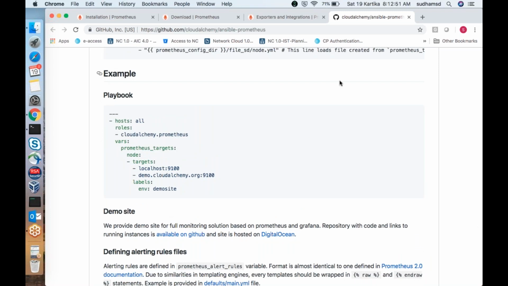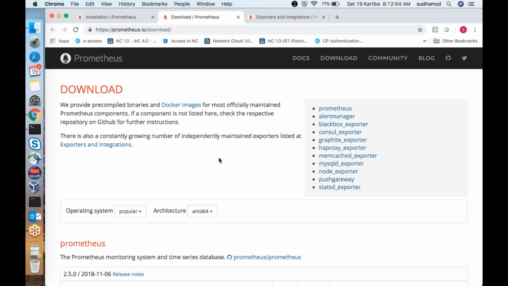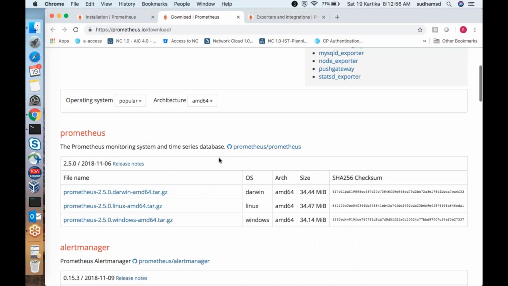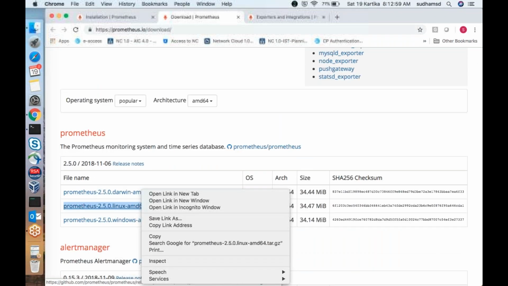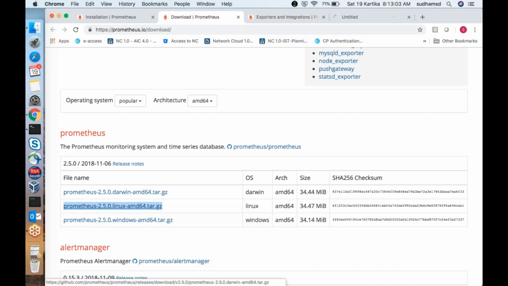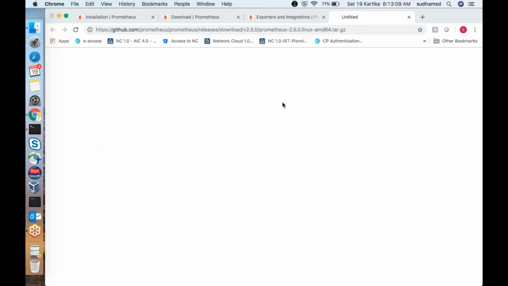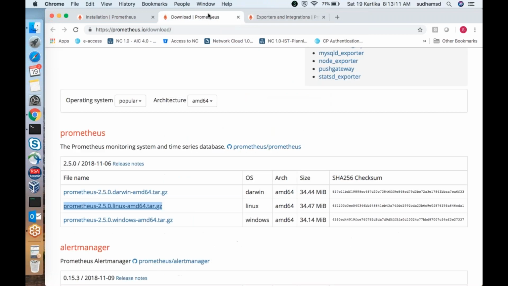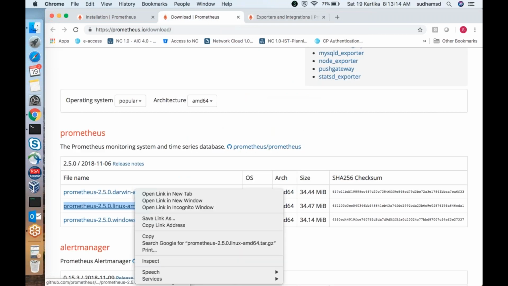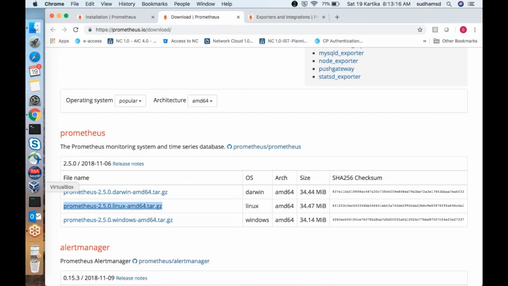So now let us do the things from our end, how to install it. I will download this. Let me see whether it will download first. Oh, it's downloading. I need to copy this link. First, let me start my machines.